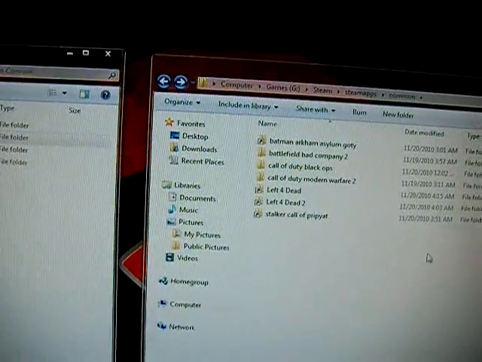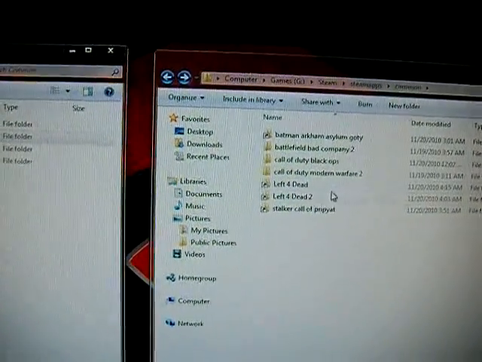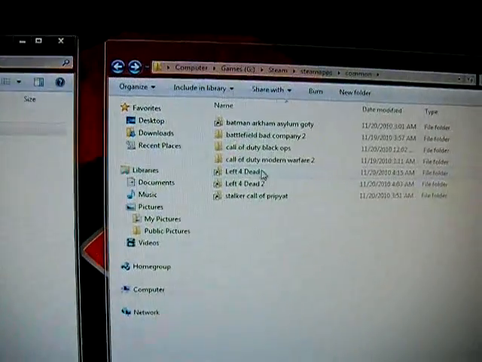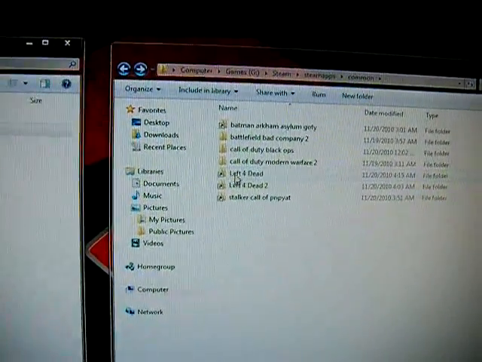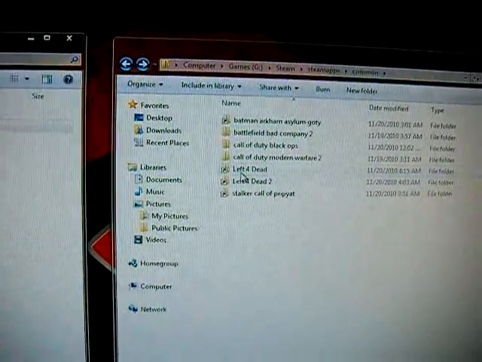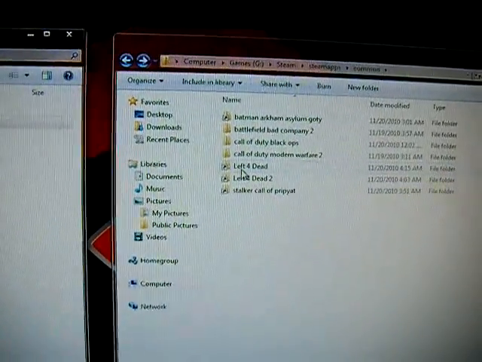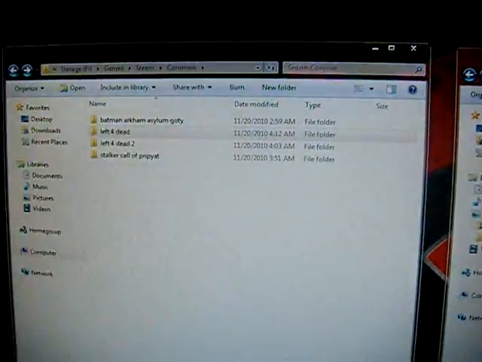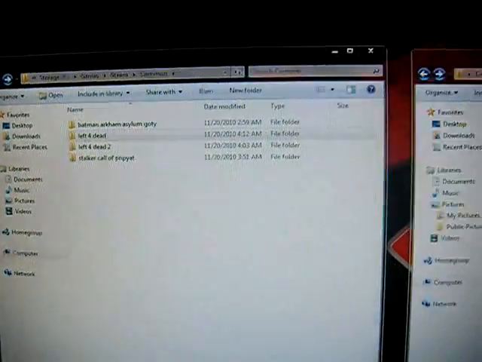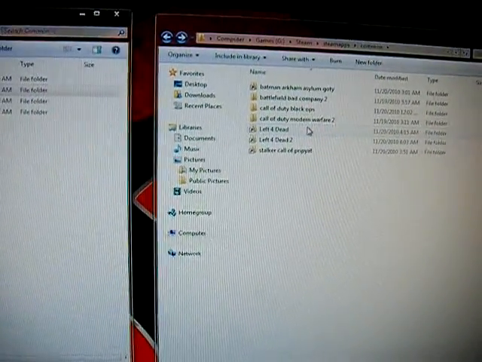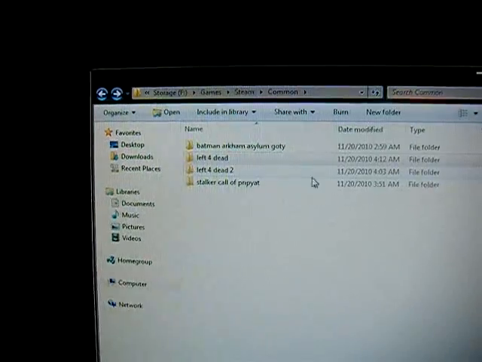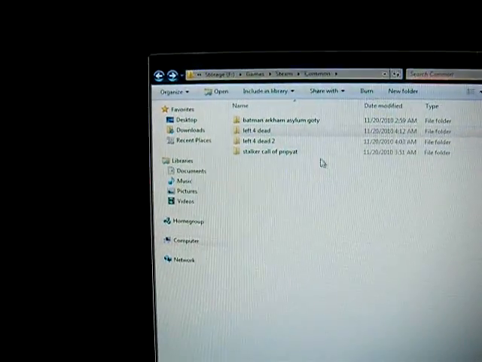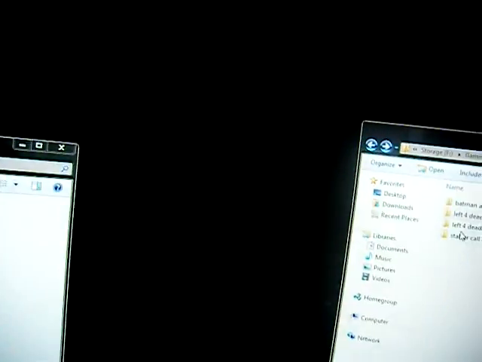So now we'll scroll back over here, and as you can see here, we have a Left 4 Dead junction. So this is everything still usable in here. You can actually go to your solid state drive, and we'll have this in here. You can actually change files in this, and everything in your solid state affects everything in your hard drive. So the actual disk space isn't being used on my solid state, it is on my hard drive, which is what we're trying to do here. So that's on there now, and as you can see, I can pull up the game again,